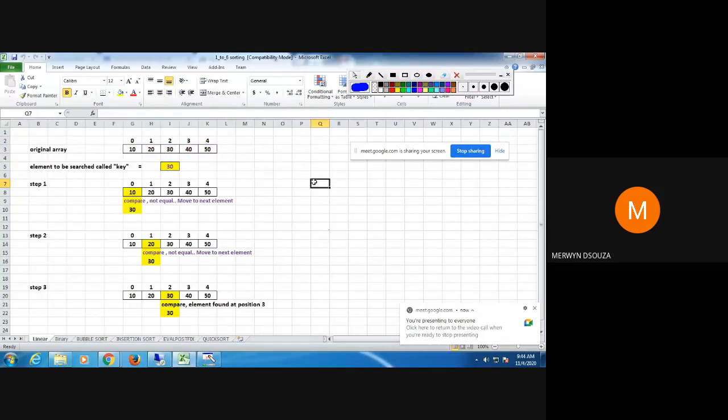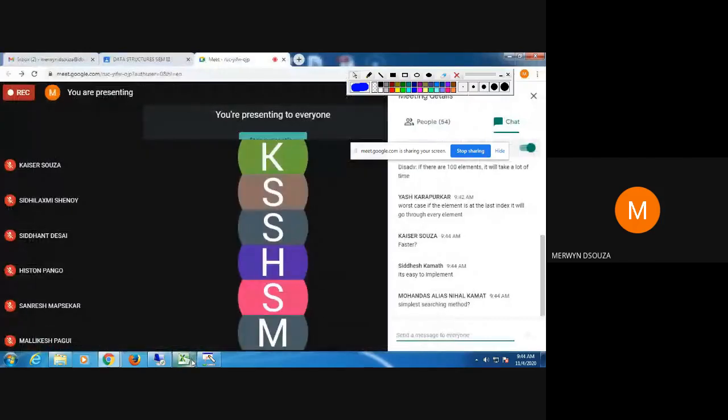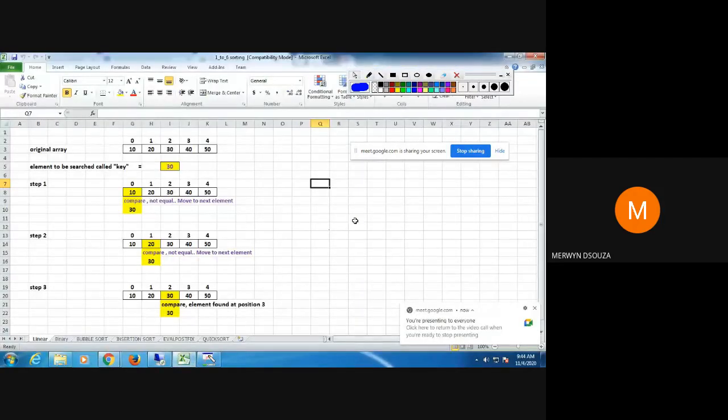So always you are going to describe searching and sorting algorithms in terms of best case and worst case. That is the way you're going to compare these algorithms. Otherwise, you can't compare them mostly because they all have different ways of being implemented. So if you want to compare them, you have to compare them in terms of best case and worst case.